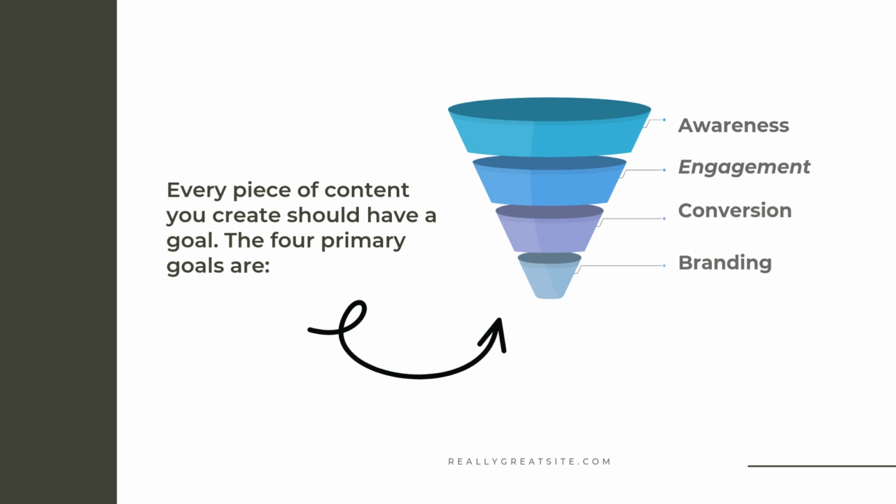I had initially mentioned that when it comes to strategic content, you're intentional about the information you're putting out. Unlike the definition of content that I just gave, which can be a random piece of information or a random image that you post, professional content creation is about desiring a certain result, so you need to understand that every piece of content you create must have a goal. There are four primary goals when it comes to content creation. I want you to take note of this. There's the awareness phase, the engagement phase, the conversion, and then there's branding.